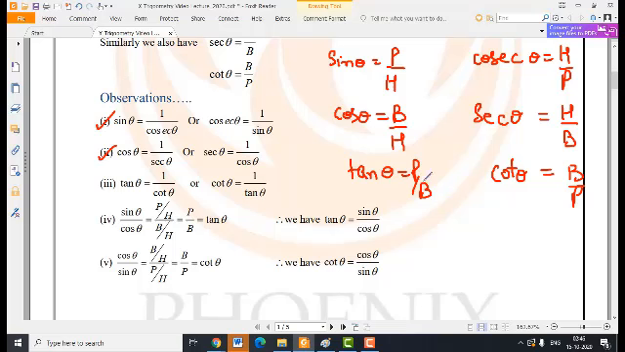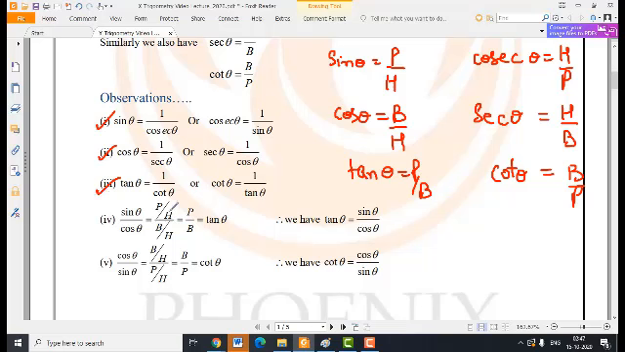Similarly, tan theta is p by b and cot theta is b by p, that gives me my third observation, which says that tan theta equals 1 by cot theta and cot theta equals 1 by tan theta. Now the first three observations are quite obvious, which we can easily see by just looking at the ratios in different forms. About the fourth and fifth observations, what we are going to do is